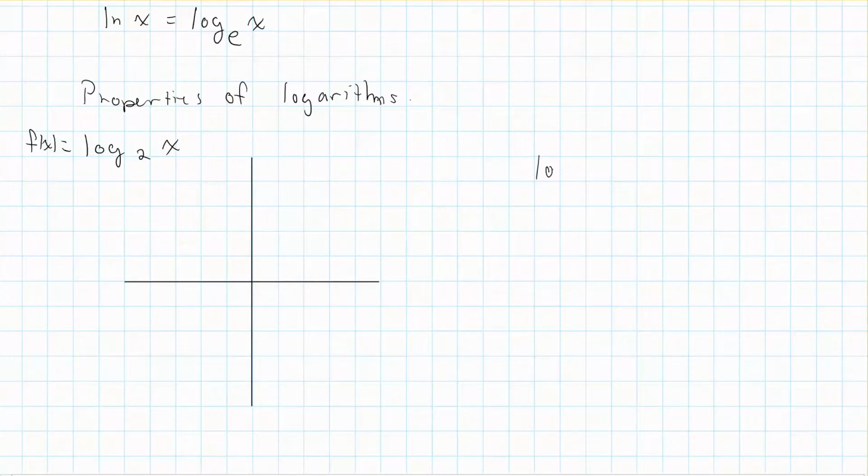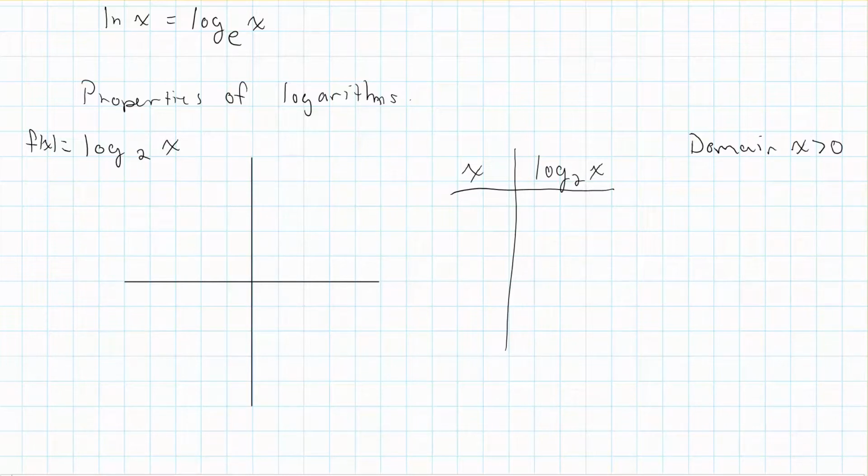Log base 2 of x, and we'll say this is f of x. So we're going to plot this here. Let's just go ahead and plug in some values. If we have log base 2 of x, and then we have x. Well, first off, I can only put in positive numbers because that's the domain of a logarithm. So my domain, remember, is x is greater than 0. And then let's do some values. So if x is 1,